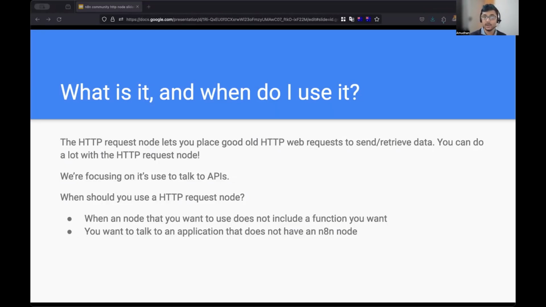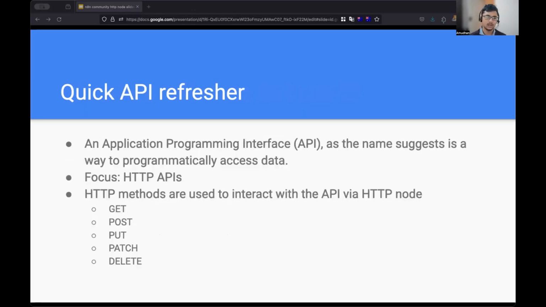And the HTTP node is obviously not limited to this functionality, and you can do other things with it like web scraping, but today this is what we're focusing on. So let's jump in. But before we go in, quick thing that most of you may already be familiar with, but is worth mentioning, is a quick refresher on